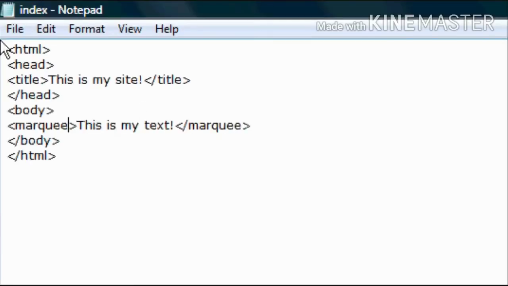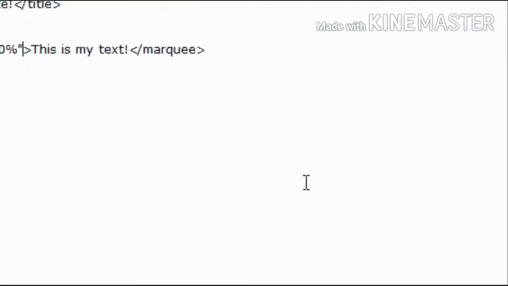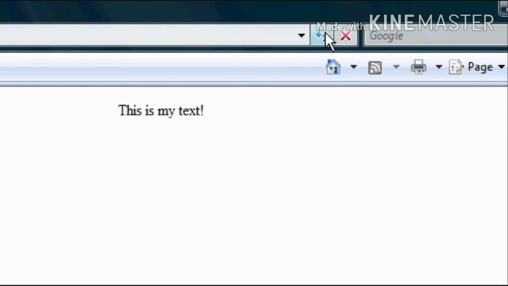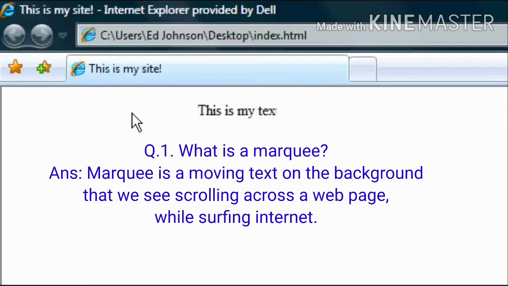I will show you just one, the width attribute. Go to the Marquee tag and type width equals, and we will use a percentage, 20%, and close the tag, save it, then go back to the browser and press refresh. When you press the refresh button, you can see the text start moving.